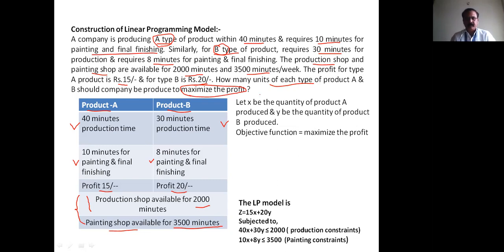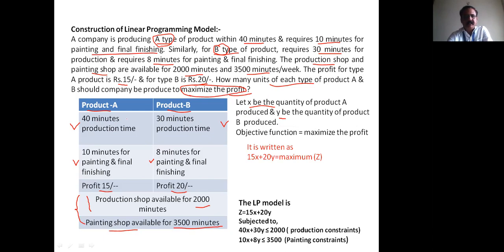So initially, first prepare the table containing product A and B. Then let us assume X be the quantity of the product A produced and Y be the quantity of product B produced. Now the objective function. What is the objective function? Here the objective function is to maximize the profit. It is already given in the problem. So it is written as